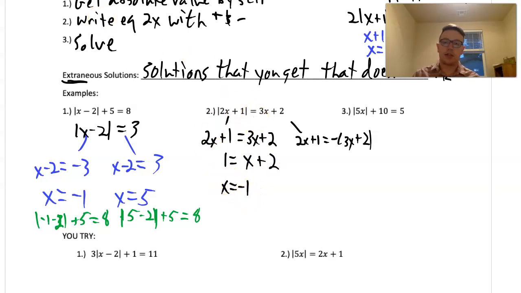Let's check that answer, make sure it works out. So is 2 times negative 1 plus 1,